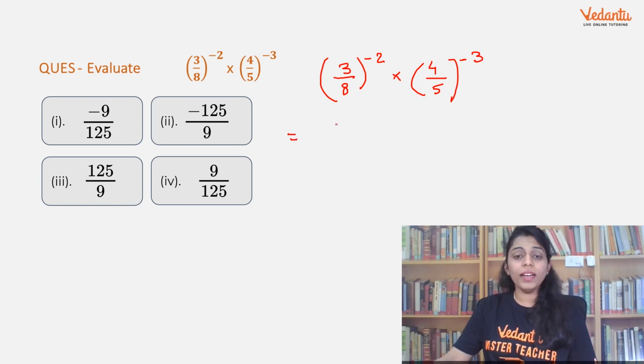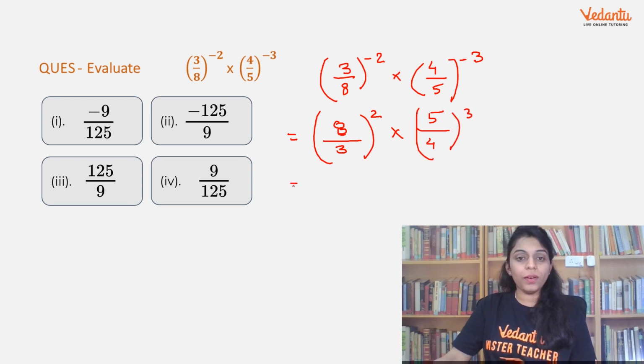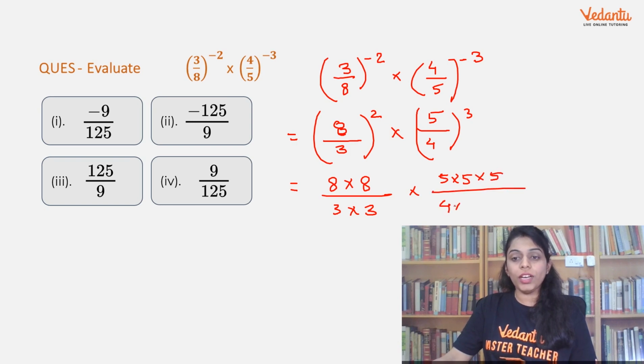Okay, how do we do that? 3, this will become 8 by 3 raised to the power 2. सबसे पहले क्या करना है, मुझे पावर सही करना है. Okay, 5 by 4 raised to the power 3. Got that? Now 8 into 8 by 3 into 3 into 5 into 5 into 5 upon 4 into 4